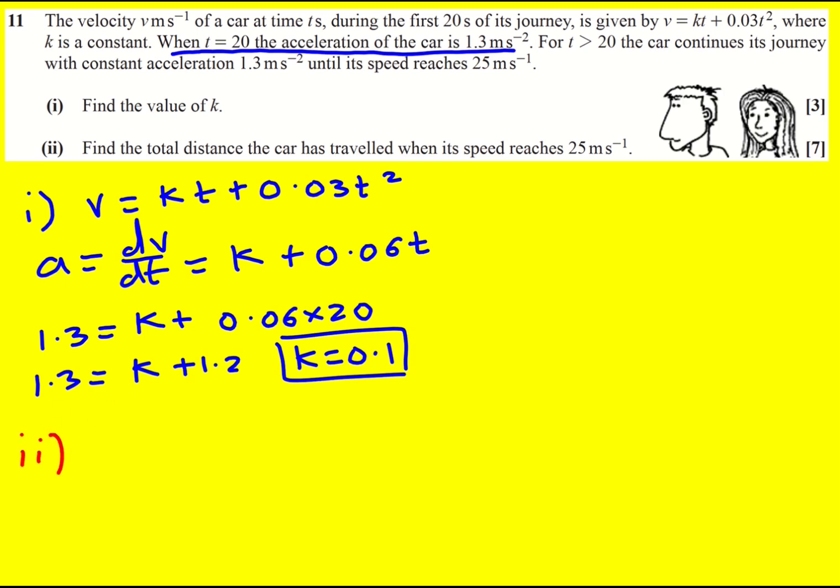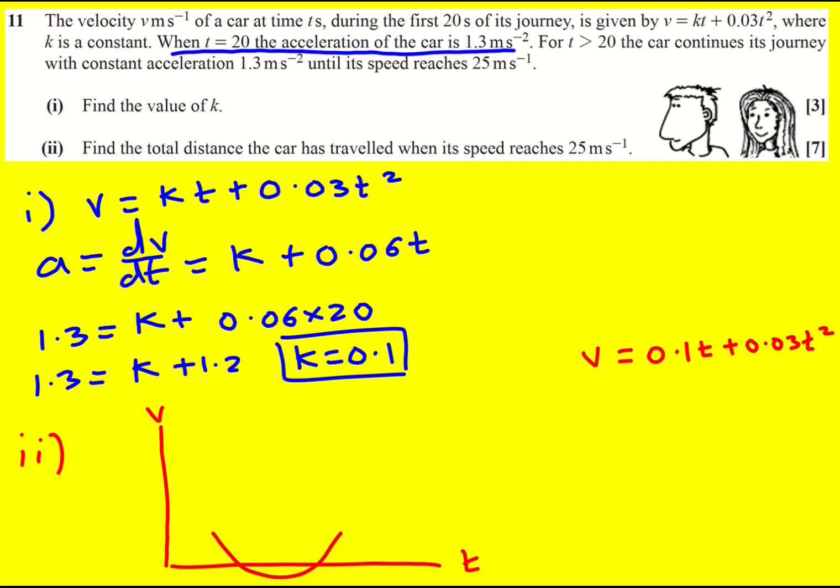Next, we're asked to find the total distance the car has travelled when its speed reaches 25 meters per second. So I'm going to draw a velocity time graph because what we're going to be doing is integrating underneath this to get the displacement, or in this case, the distance. Now, we've got that v is equal to 0.1 t plus 0.03 t squared. We just need to investigate the graph because sometimes they might go below the axis and then if you integrate it, you get a negative and the displacement will decrease, but we actually have to add it onto